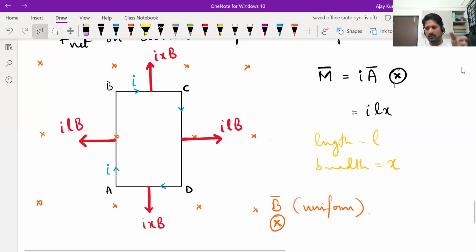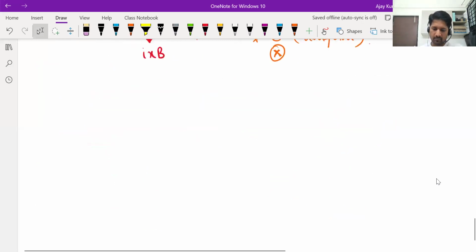Field is into the screen. Magnetic dipole moment is also into the screen. What is the angle between them? 0. They are parallel to each other. Okay, we can compare this to the case of electric dipole